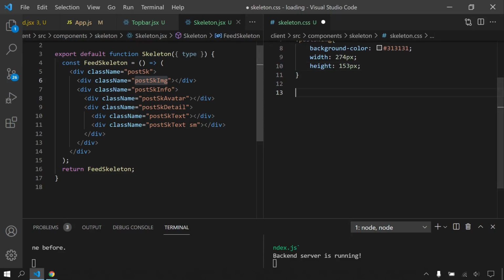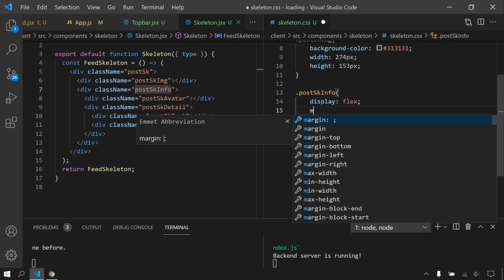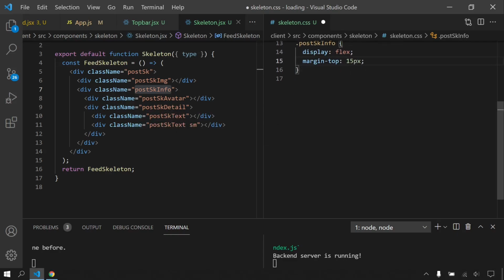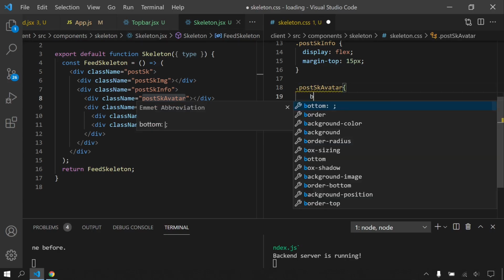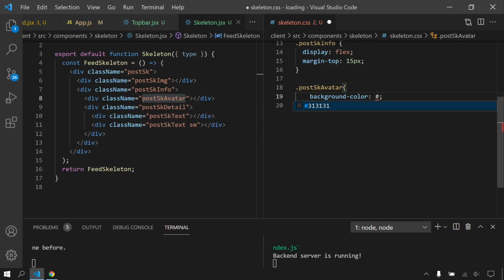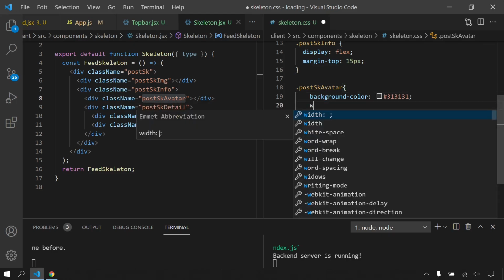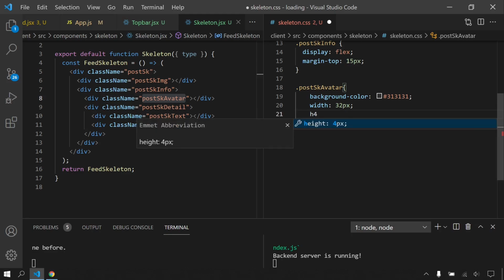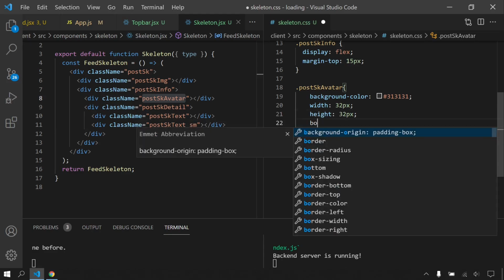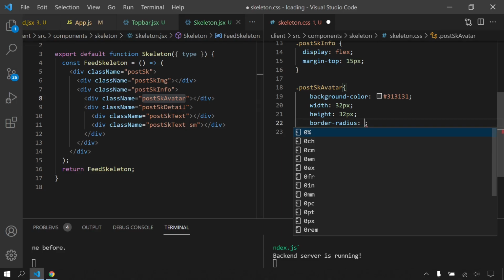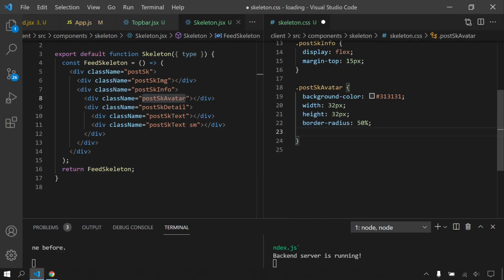And for this info, this is our container, it's gonna be display flex again, and I will give margin top. Now for this avatar, again background color same. Let's resize this 32, height 32, and border radius 50%. And I will give space between this image and other information.